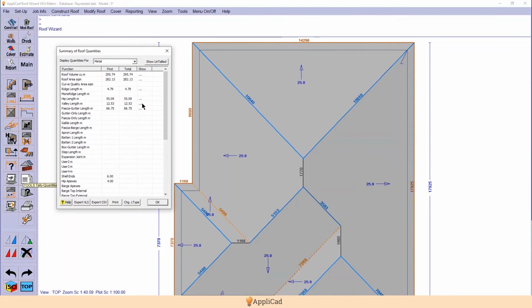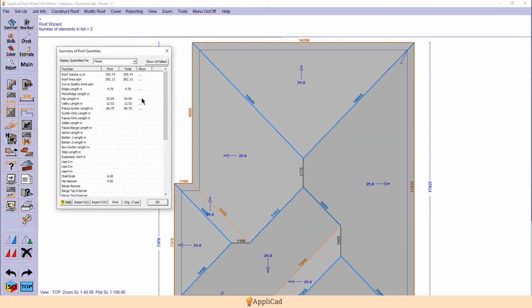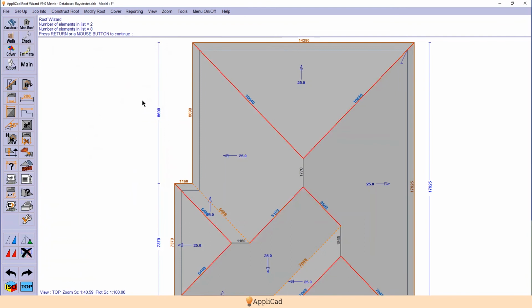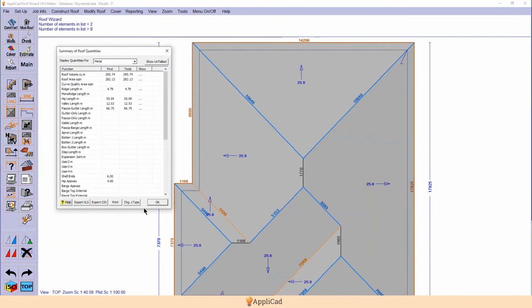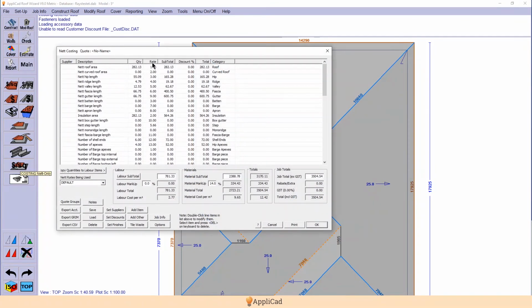And if I need to check that, I can simply double click this button out here and the two valley lines flash at me. Or the hips, show me all the hips flash at me. This is important checking stuff so that when we provide a price for this job, that we're actually pricing the correct information. Once we're satisfied that everything is correct, we then go up to our reporting menu and we select the net only pricing model, and we get a dollars per square for the roof. We get a dollars per linear meter for each of the features of the roof. So we've got a labor rate and a material pay rate, and then we select print